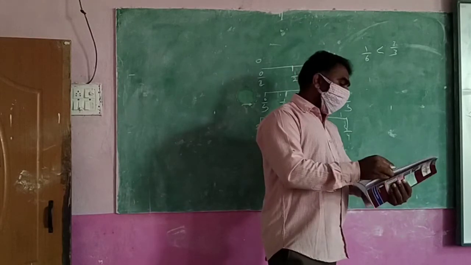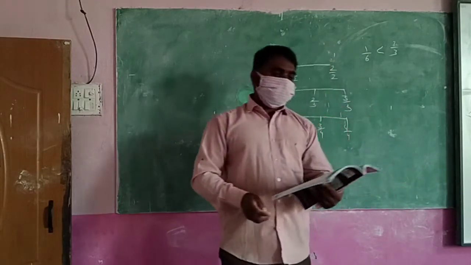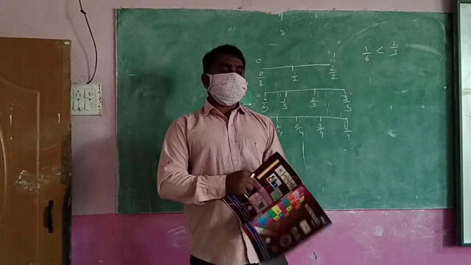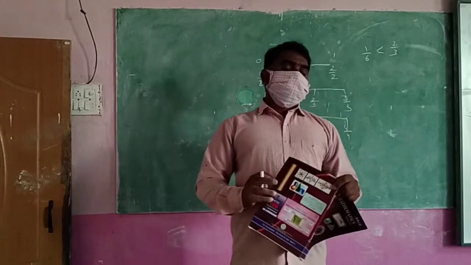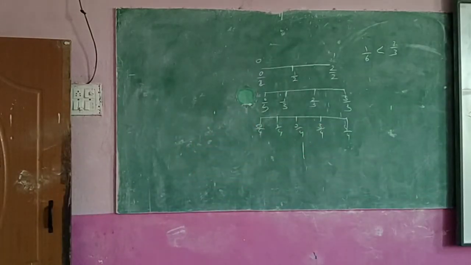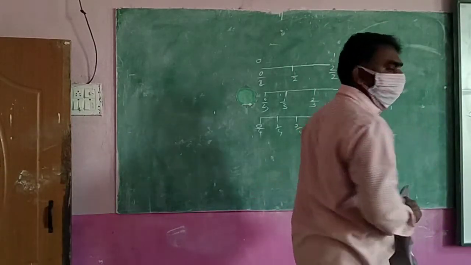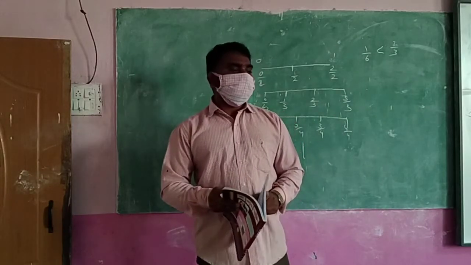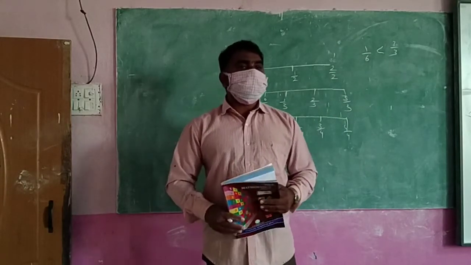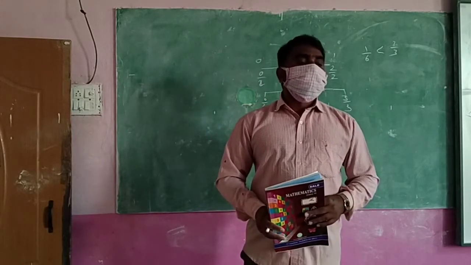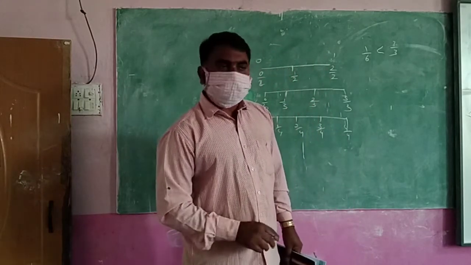Okay. So see, there is one more: 6 by 6 and 3 by 3. Mark it, where is 6 by 6, 3 by 3? Looking clearly, here you are keeping your hand. This is 6 by 6. This is 1 by 6, 2 by 6, 3 by 6, 4 by 6, 5 by 6. 6 by 6 is here. 3 by 3 is the same place. Same place means what? Same place means equal. So can you mark like that?